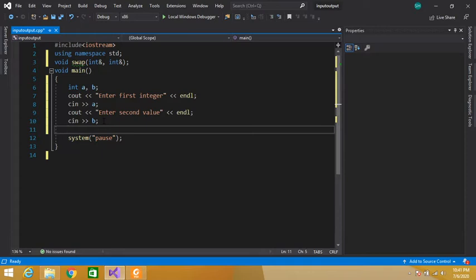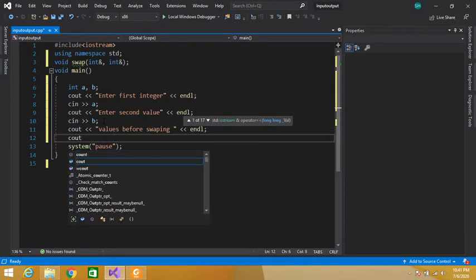Now cout values before swapping, end of line.